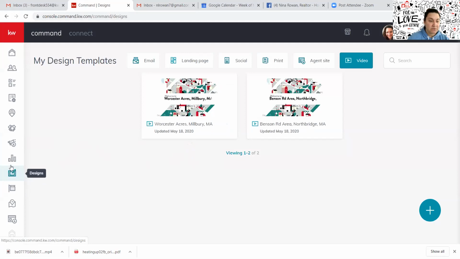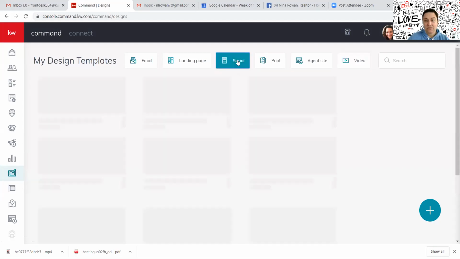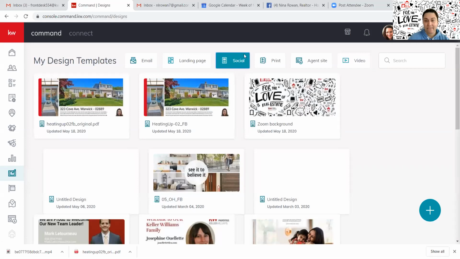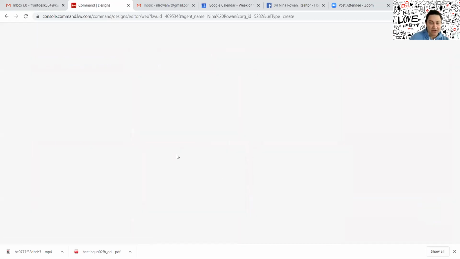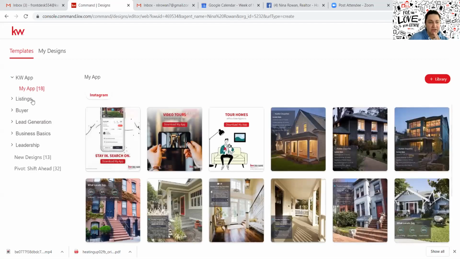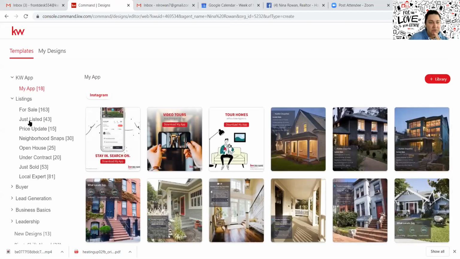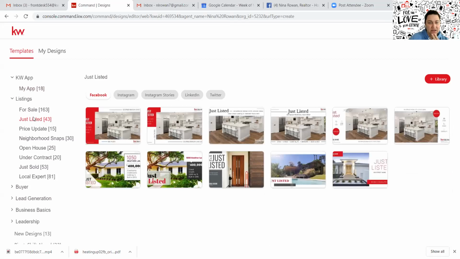I think that was where we were going. Designs, social. And if we wanted to do a particular listing with the shuffle stuff. So maybe a just listed and